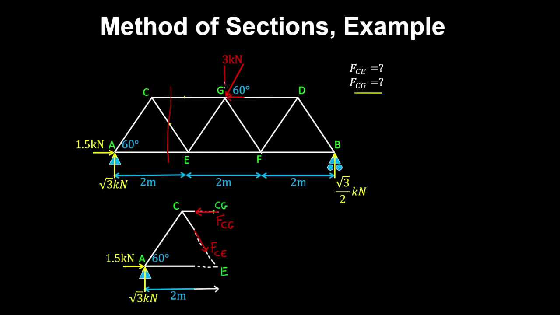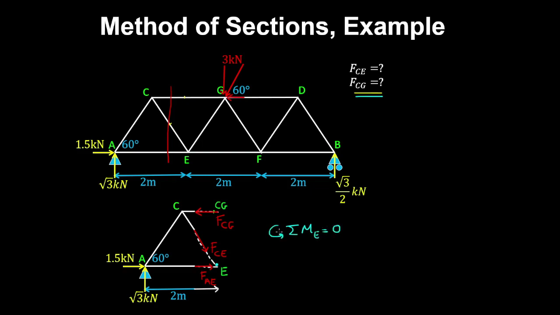And because this force is a vertical component, that's going to push the truss downwards, and I'm going to guess that this member AE is in tension. And now we need to be strategic on which equilibrium equation to use to find the forces in these members. So if I take a sum of moments about node E,